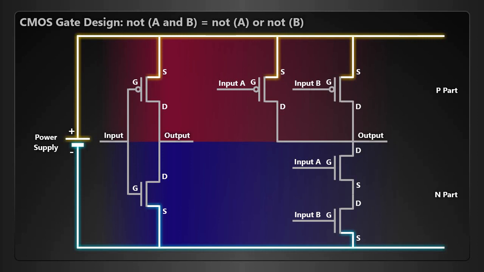The top MOSFETs, our P part, must turn on exactly in a complementary manner to the bottom MOSFETs, the N part. So for the A and B of the N part, we want a NOT of A and B at the P part, or NOT A or NOT B, by following De Morgan's laws. Since the P-type MOSFETs already turn on in an inverted manner to the N-type ones, they are already NOT A, NOT B, so we just OR them together by putting them in parallel to fulfill the rule.